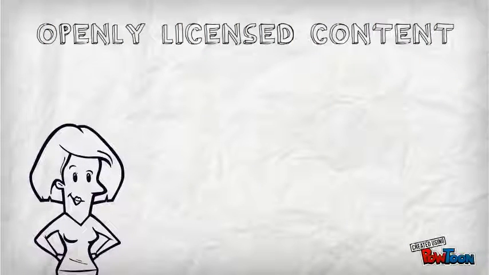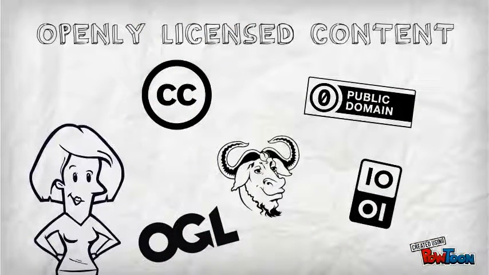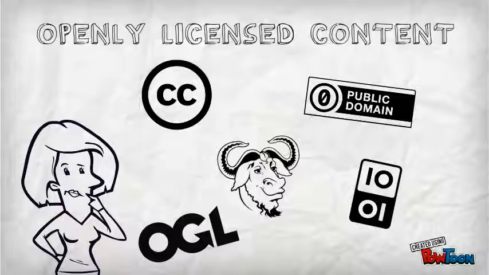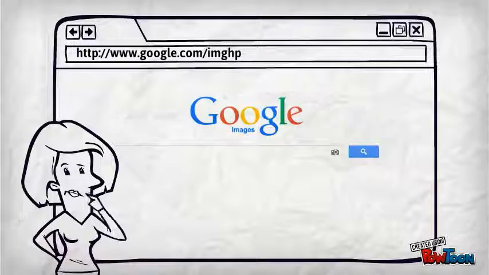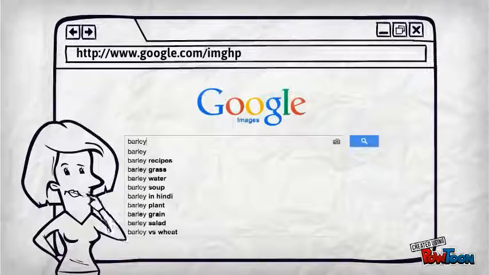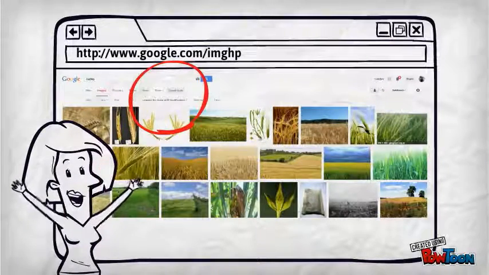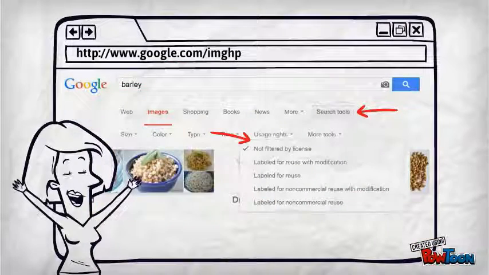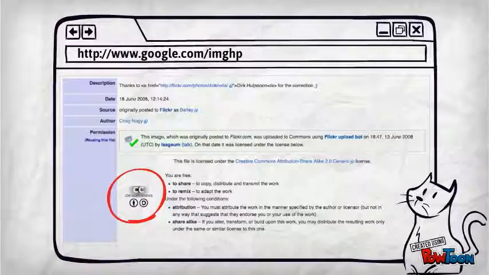The easiest way to use images from the web responsibly is to look for openly licensed work. There are lots of open licenses with varying degrees of usage rights, so how will you know what license the work is using? One way to search for open pictures on the web is through Google Images. Although a regular Google search will reveal both copyrighted and open works, you can then filter your search and only include openly licensed works by choosing a usage rights option from this drop-down menu. The new filtered search results will include only images that have been marked with an open license by the copyright owner. Following the link to the image source should provide more details about how the author wants to be credited.